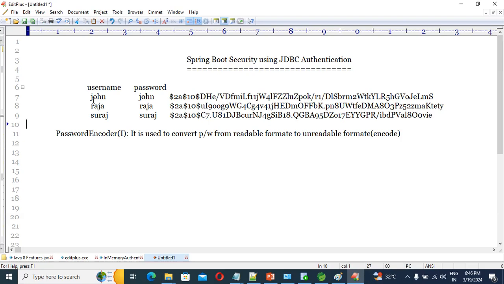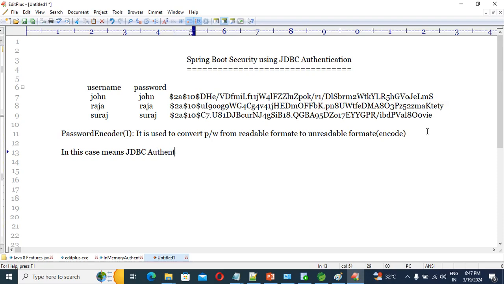But guys, this time we are going to save these details, the username and password, into the respective DB table, guys. Okay. So in this case, we store user data inside the DB, right? In this case, it means JDBC authentication, right? In JDBC authentication, we store